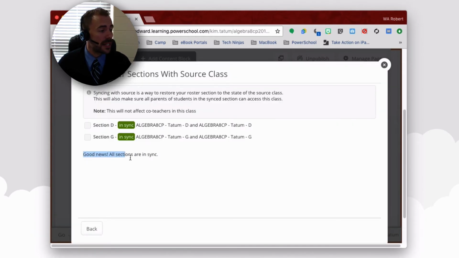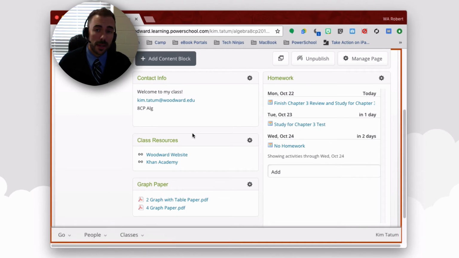and I see that my sections are already in sync, which means that that change hasn't yet been made in Admin Plus. If it had been, then section G would be clickable, and then I could click on Sync, and then those changes should appear within my roster. Now, since we've already checked the student isn't there, and there is no available sync from Admin Plus, I can